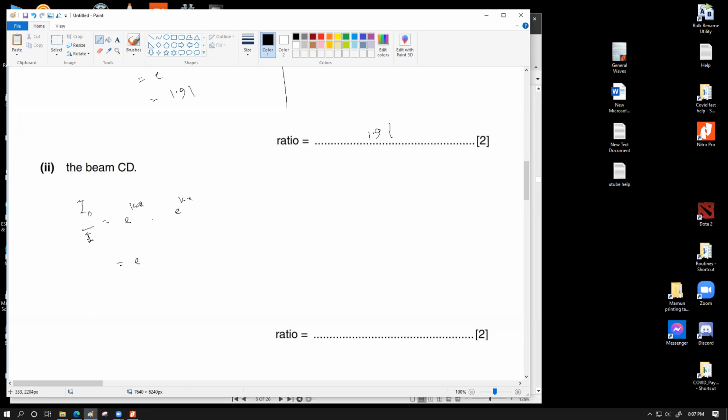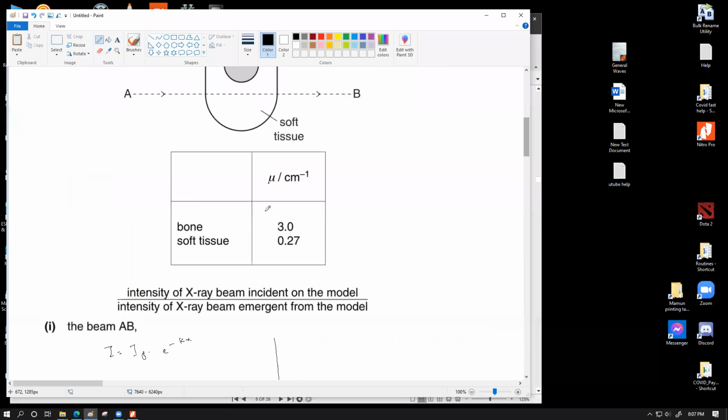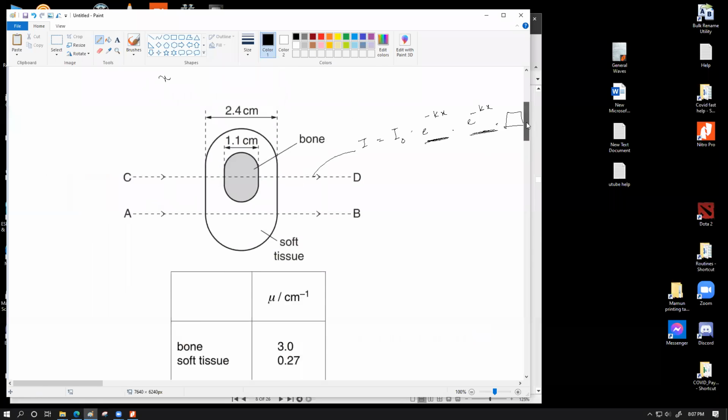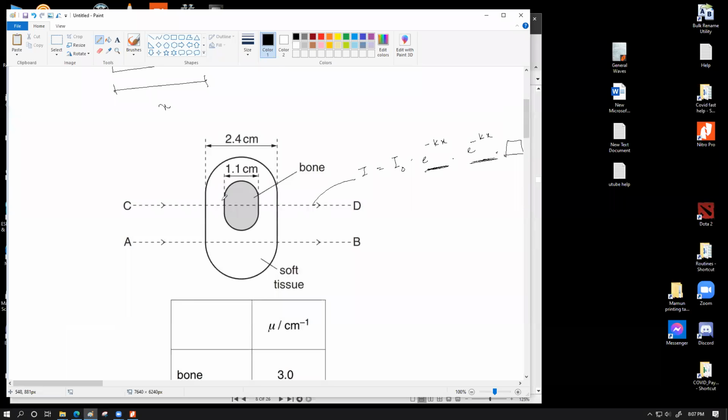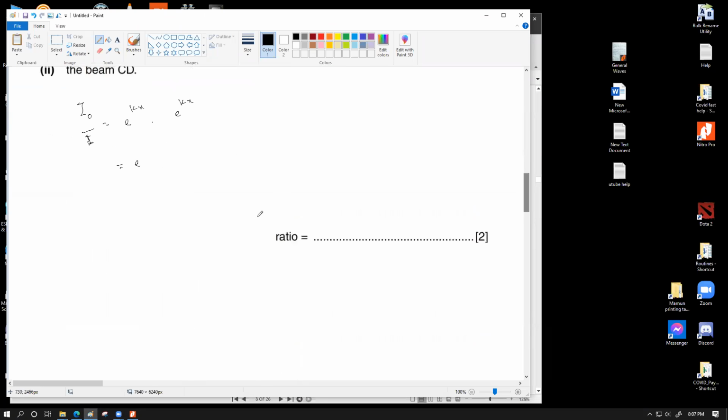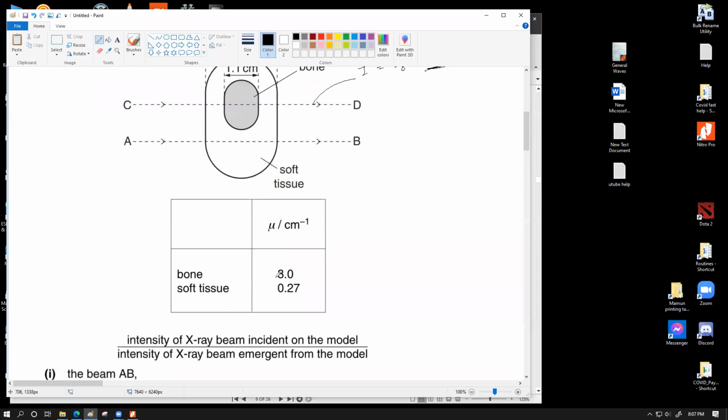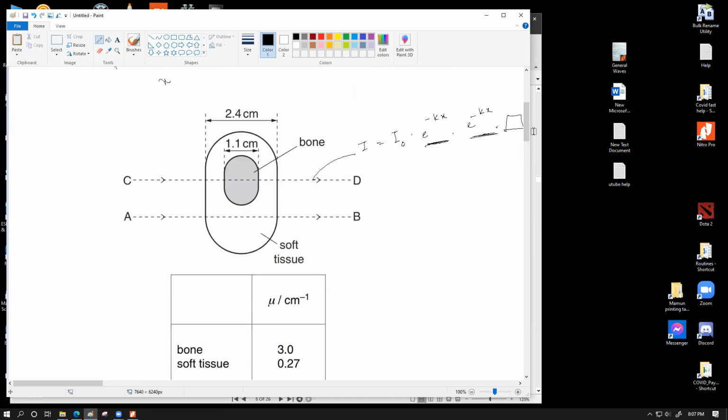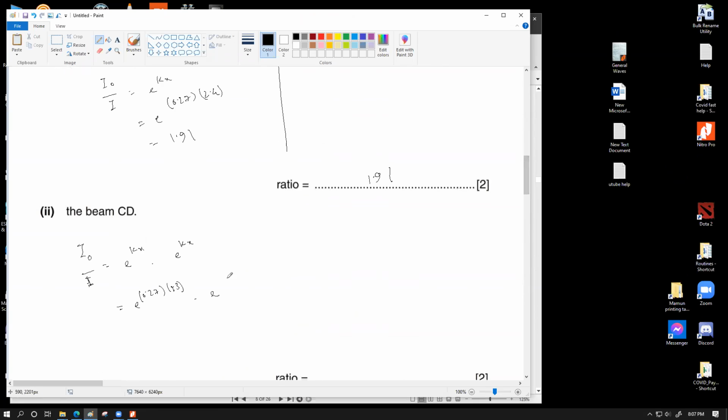So here, if I go for the soft tissue part, my k for soft tissue is 0.27 and the thickness of the soft tissue for beam CD was 1.3 centimeter. So 0.27 into 1.3, multiplied by, now comes the bone. Bone has a linear absorption coefficient of 3.0 and the thickness of the bone tissue is 1.1. So 3.0 into 1.1. So এটা করে দেখো কত আসে।